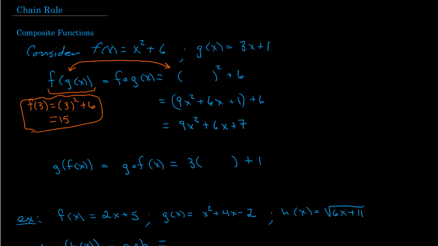All I've done is I've used this function x squared plus 6, and every place there was an x, I've just put a set of parentheses. Now, according to the notation, inside of those parentheses, we're going to put the function g of x. Well, that means we're going to substitute in 3x plus 1 there, where the x would have been,